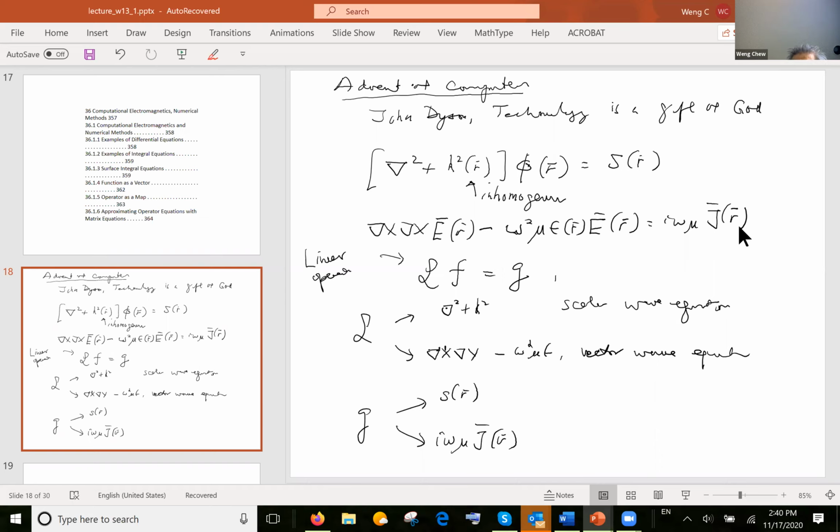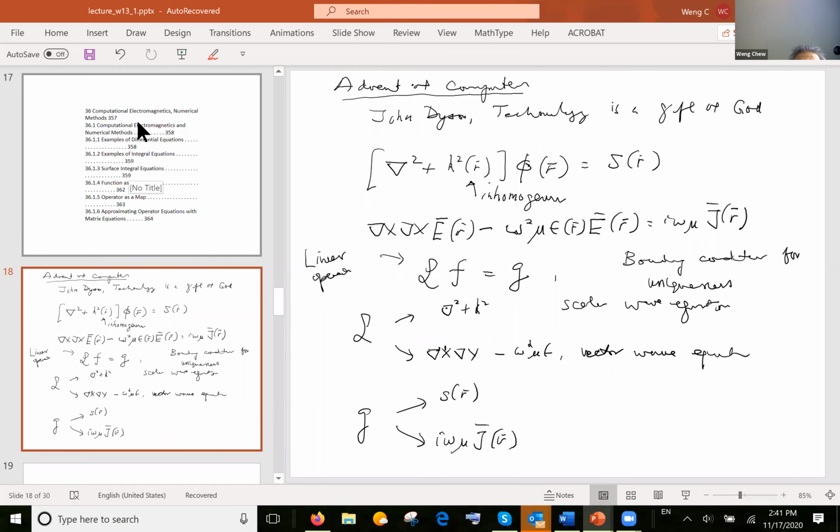And you need boundary conditions for uniqueness. Okay, you need to stipulate what the boundary condition should be when you solve this differential equation. Okay, so you can also have integral equations using Green's function techniques,